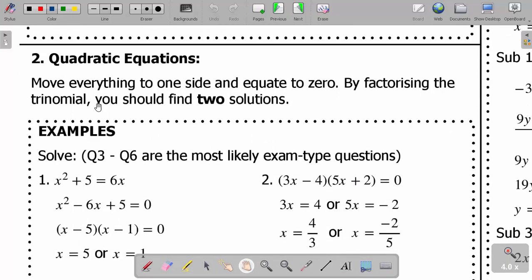Now what do you do here? You move everything to one side and equate to 0 by factorizing the trinomial. You should find the two solutions. For example,